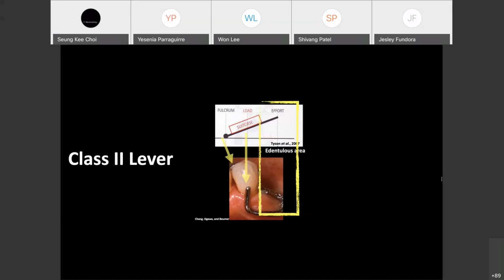That's where the load is going to be, because when we have an occlusal force, the patient bites down in this edentulous area next to this tooth, it's again going to rotate clockwise. As it rotates clockwise, fulcrum is on the mesial. That I-bar potentially can put load on that tooth, because it's engaging. However, because of the way it's designed, because it's what we call infrabulge, not a suprabulge,